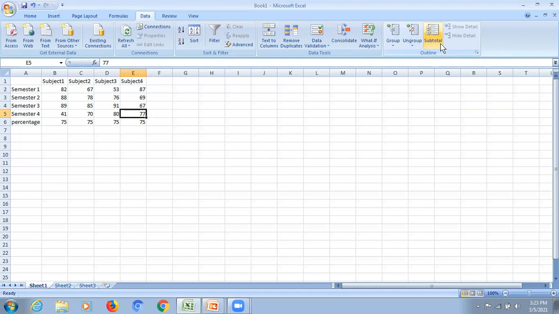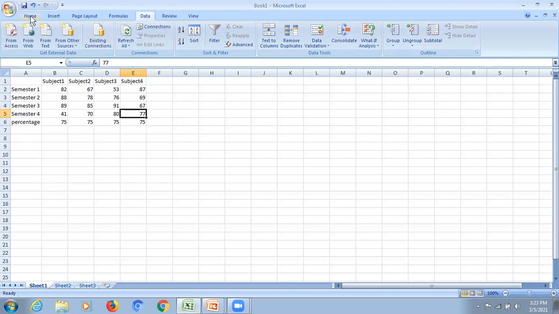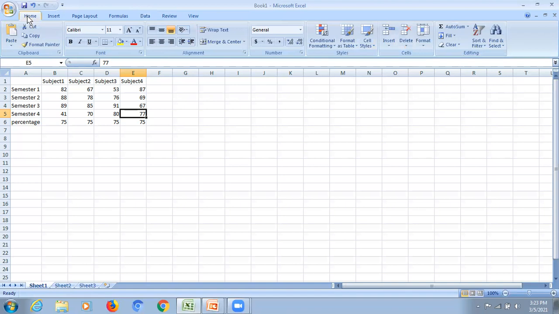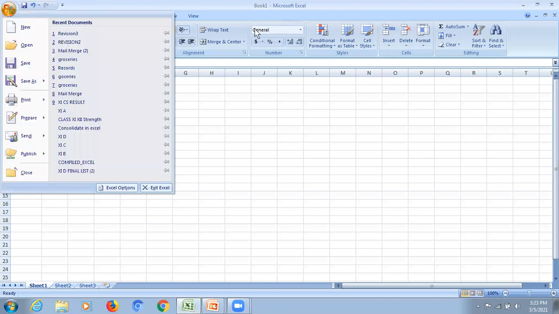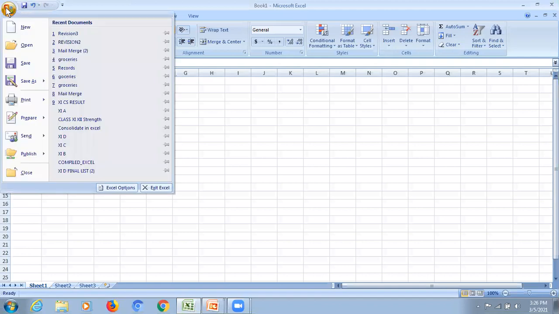And solver is not there in your Data menu automatically. You have to install solver. Let me install it here. I will go to the File menu, Home. So we have to install solver. We will go to Excel Options.